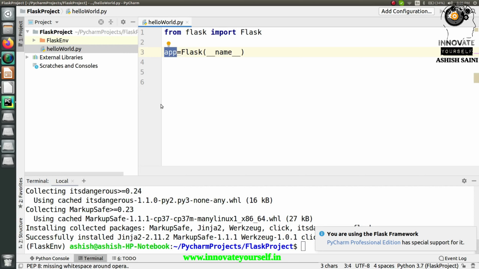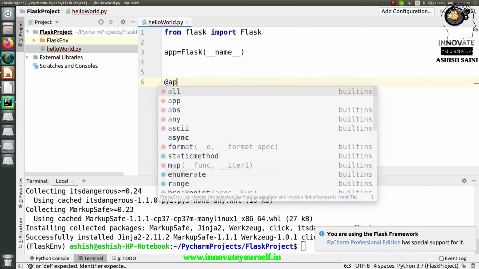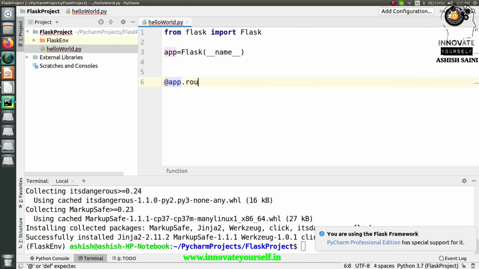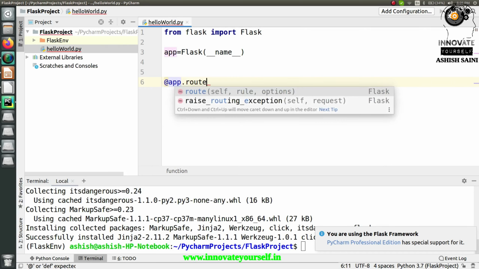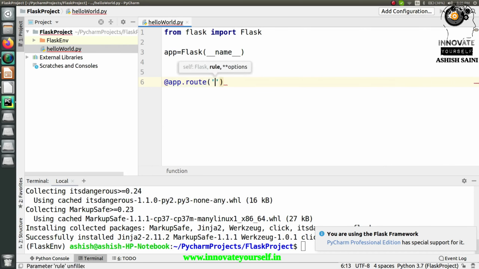So let me show you how to do that. Just write @app.route within brackets, and within quotations just pass where it should call this function which you are going to write here.